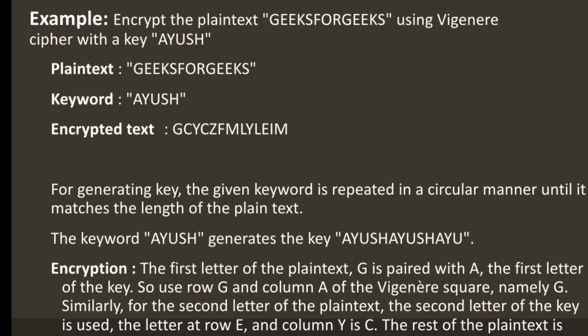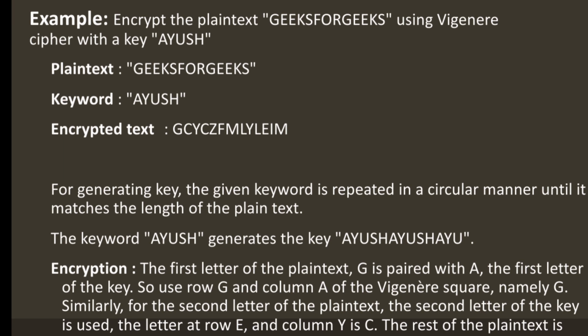Then for generating the key, the given keyword is repeated in a circular manner until it matches the length of the plain text. The keyword AYUSH generates the key AYUSHAYUSHAYU, and lastly we have to take AYU, since the number of letters should be equal to the given plain text. Hence the given keyword is repeated to match the number of letters present in the given